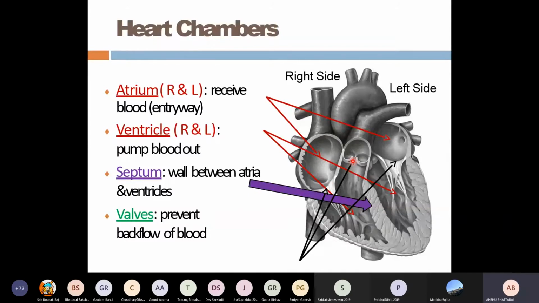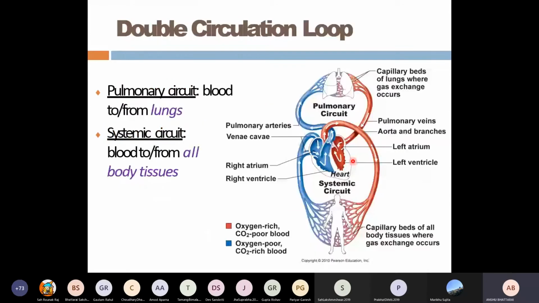Now the most important portion of today's lecture. So you have to remember how the blood moves through the circulation. Circulation loop. So there are 2 kinds of circulation loops or circuits. One is pulmonary circuit and the next is systemic circuit. The short one over here that you see, this is the pulmonary circuit, and the next one, the larger one, this is the systemic circuit. So let us know how blood travels through these circuits.